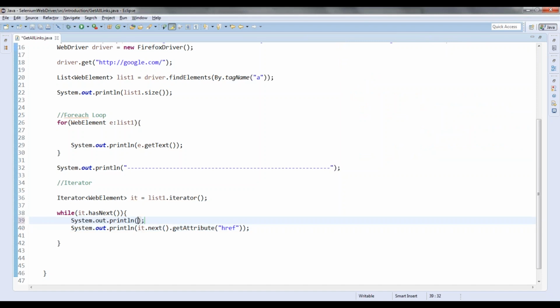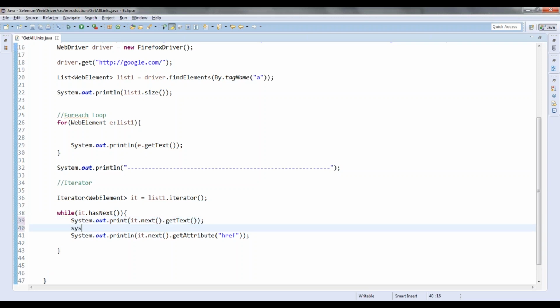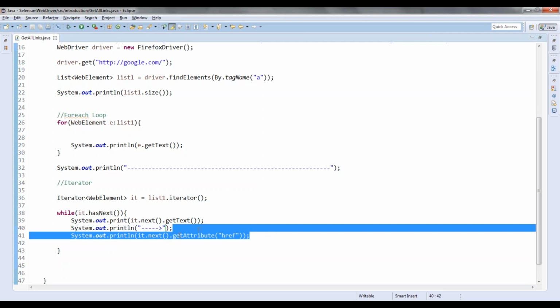I will use the system.out.print method, with it dot next dot get text, so that particular text is printed, and then I will add a colon or an arrow, so that this text has this particular attribute.